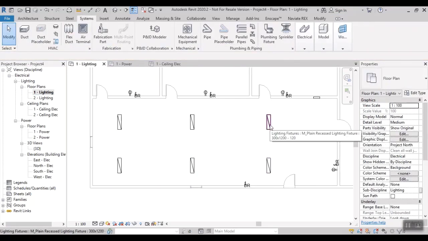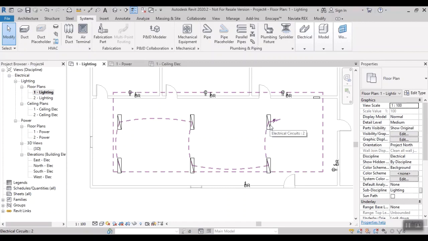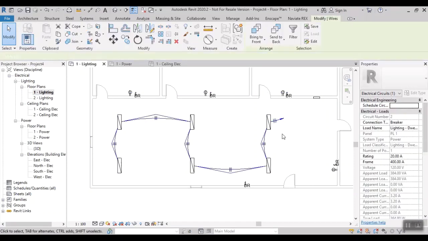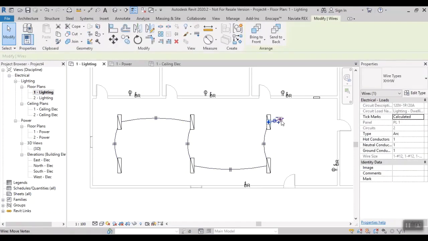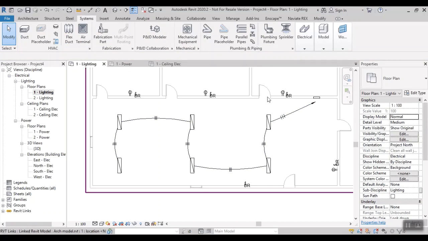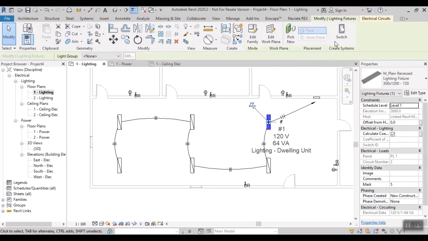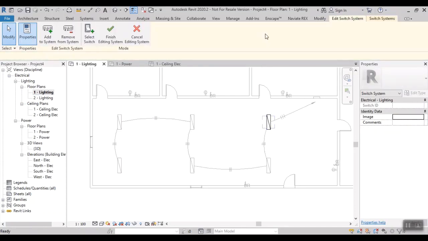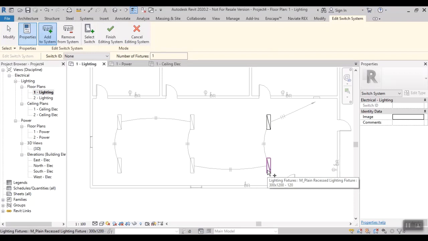Use the tab option. It's showing the connection. Select and use this arc wire and select the wire and drag to your panel. Okay, right. And next step, select the same light. We have to provide the switch for this. Switch, edit system, and select the remaining lights.